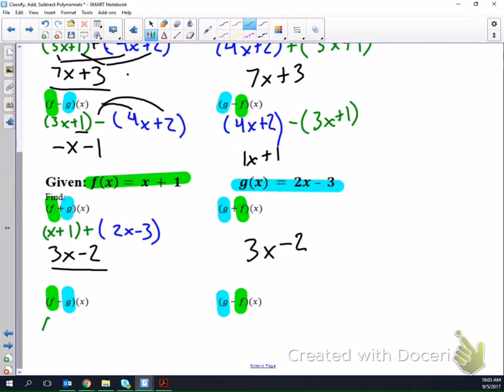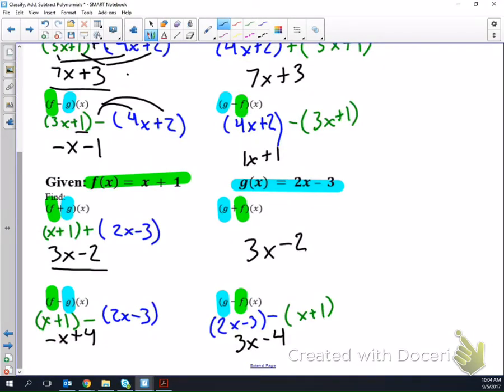Next we've got x plus 1. This time we're subtracting 2x minus 3, and here's where things can get confusing. So we still have x minus 2x, so that'll give us a negative x, but now